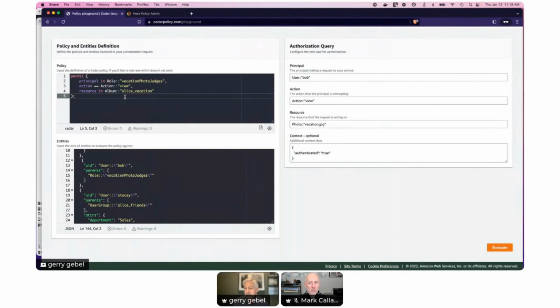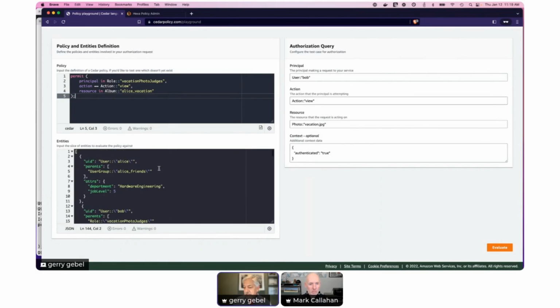here. And the first thing you see when you paste something into the playground is whether it's syntactically correct or not. So for example, if I erase that semicolon, it tells me that there is an error on that line. Gotcha. All right. And then over here on the right, there's a form you can fill in to actually execute a query against the policy.